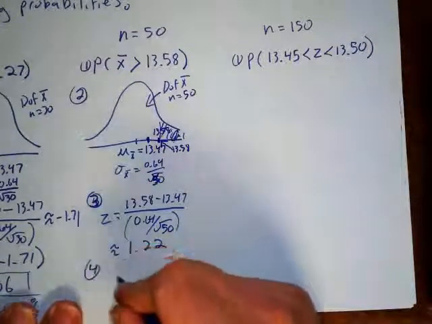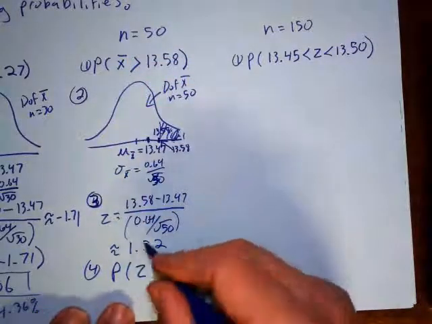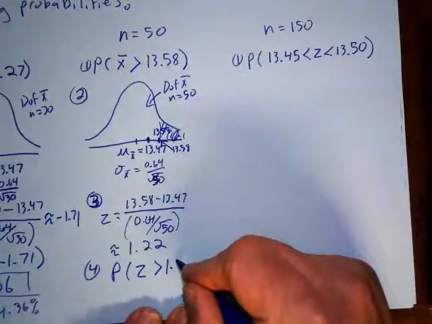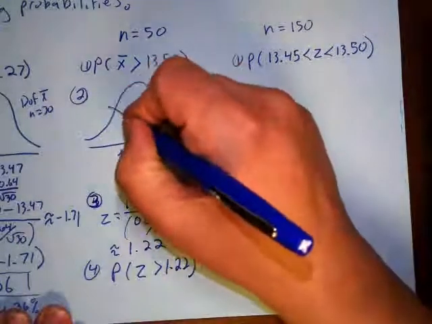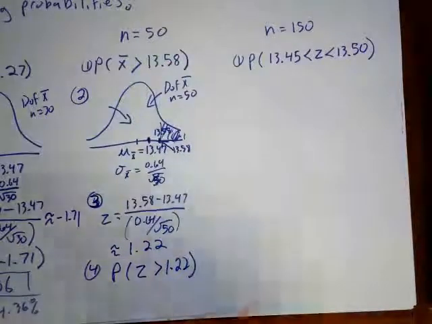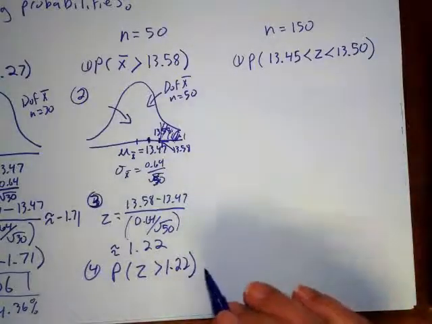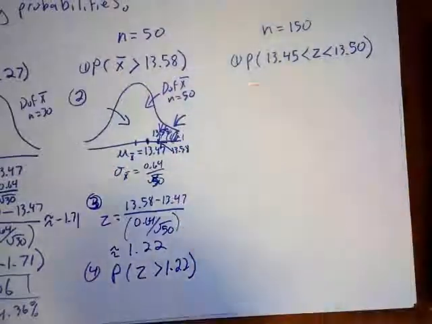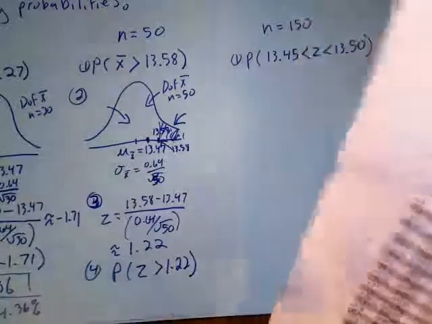So now I write out the corresponding z-score probability. Change my X bar to z greater than, and then the z-score for 13.58 is 1.22. And now I calculate that z-score probability. So this is actually a greater than probability. That is case 2. And this is where you have to look it up, and then you take the area on the table and you subtract from 1 to get the area above. Because remember, the table always gives you the area below. So 1.22,